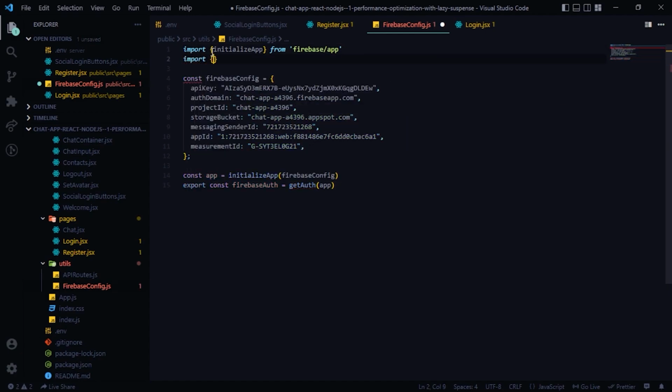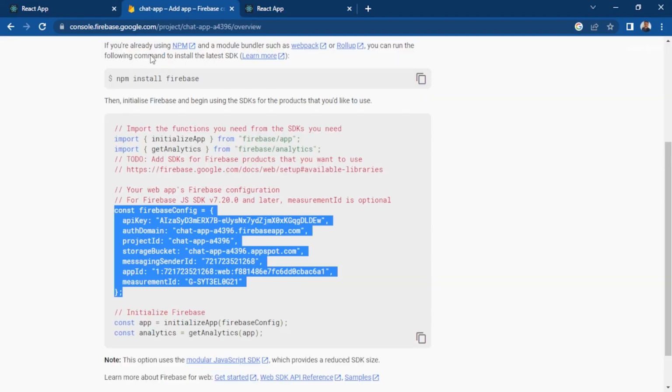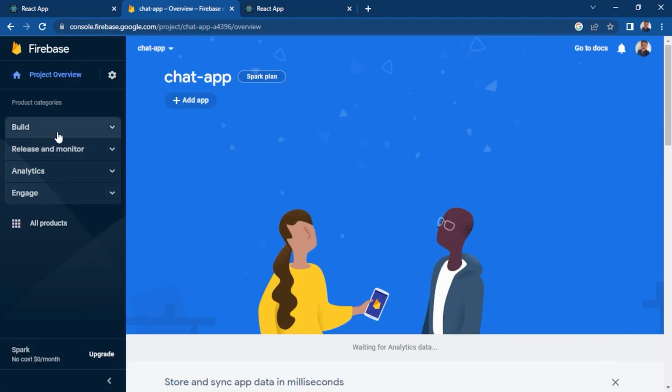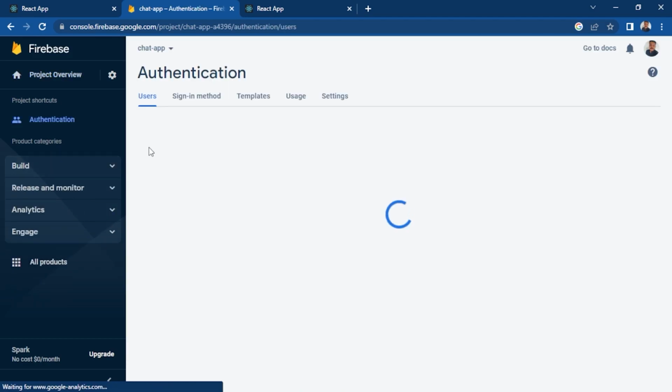Import getAuth from firebase/auth. That's it. Okay, so this setup is complete. Now head over to here, continue to the console, and inside the build, head over to this authentication,